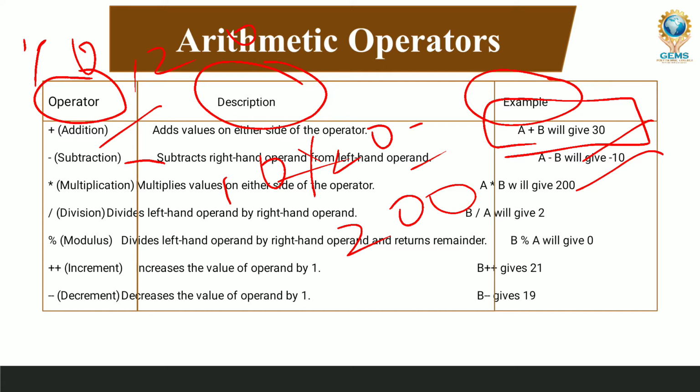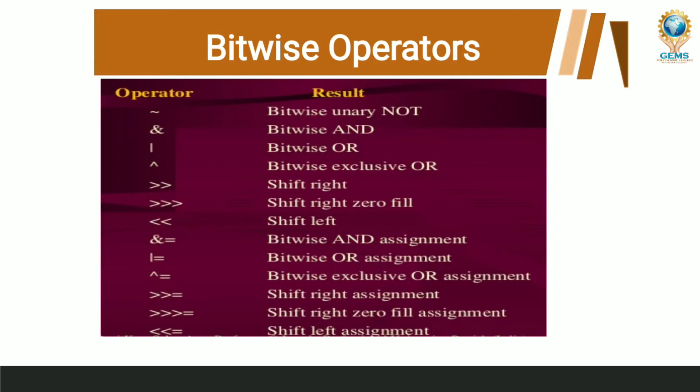So this is the asterisk operator to multiply the values. Then division. So division, all of you know that, 10 divided by 10 slash 20. So answer is b by a will be 2. So modulus operator, and remainder will give, remainder is 0. Then increment operator, plus plus is the increment operator, and the value will increase, and decrement operator. So these all are increment, decrement operator, plus, minus, asterisk, and modulus operator. These all are arithmetic operators. Each and every operator will use different operations.